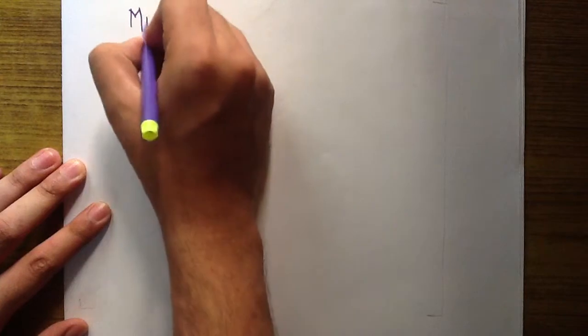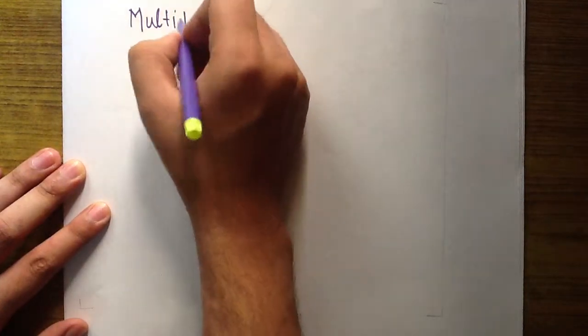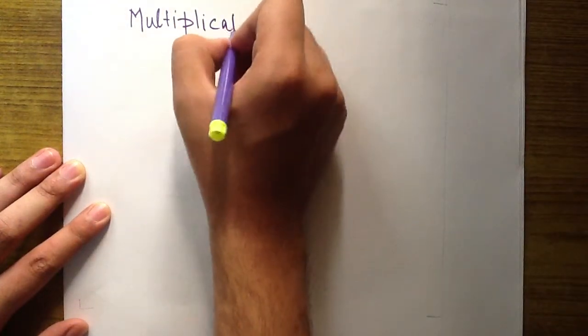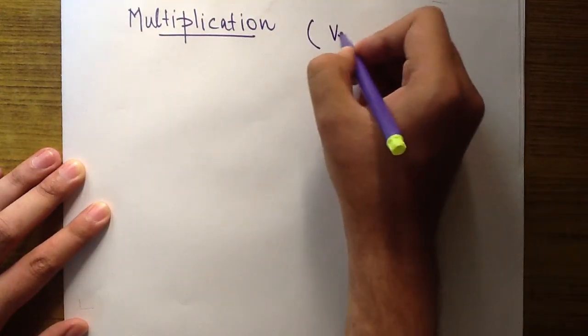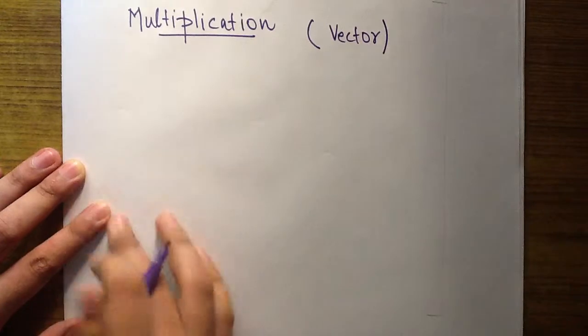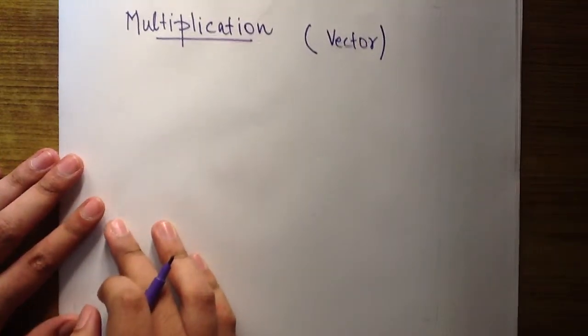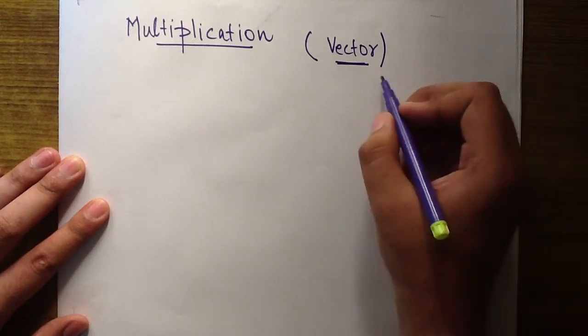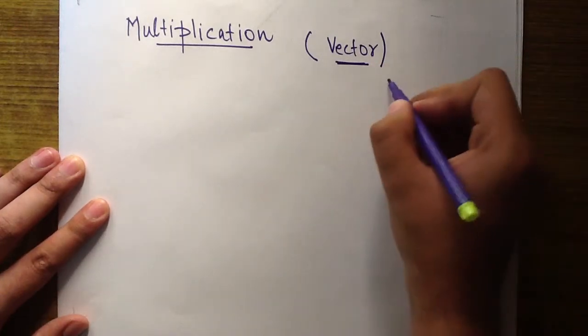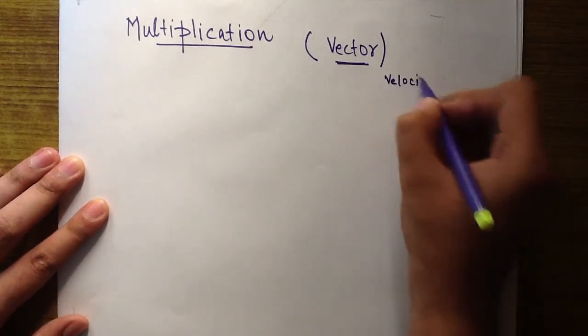Hi guys, today we'll talk about multiplication. Well, it's not just regular multiplication, it's about vector multiplication. Now, a vector is a special class of quantities in physics that we use namely for terms like velocities,